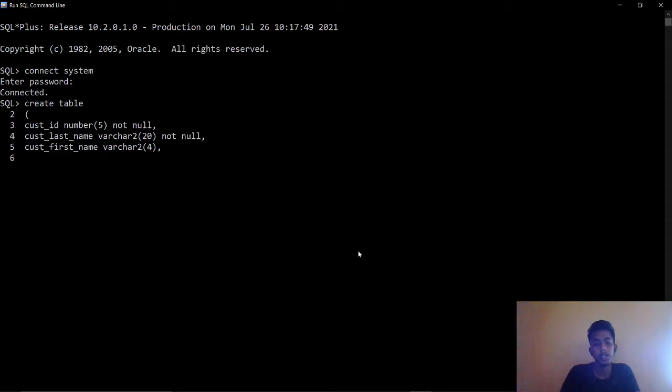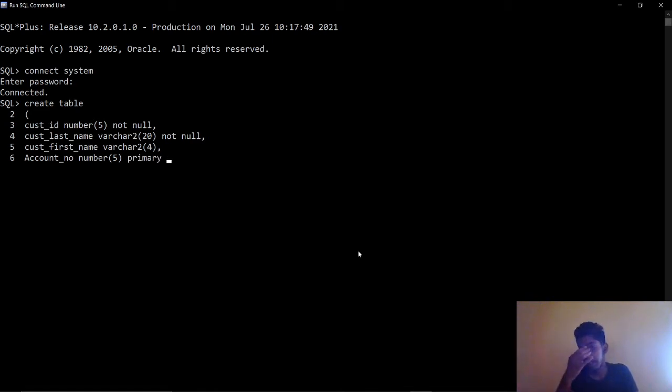So account number. We are going to store the account number, that is number type with length 5, and this is set to be the primary key. The primary key plays an important role in every database.